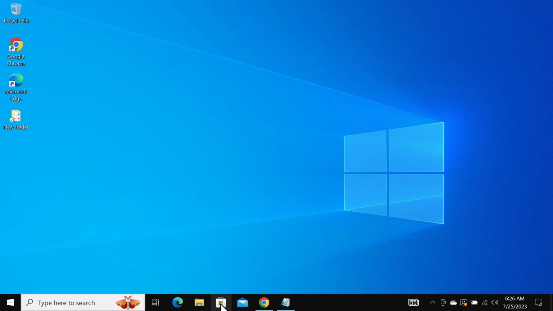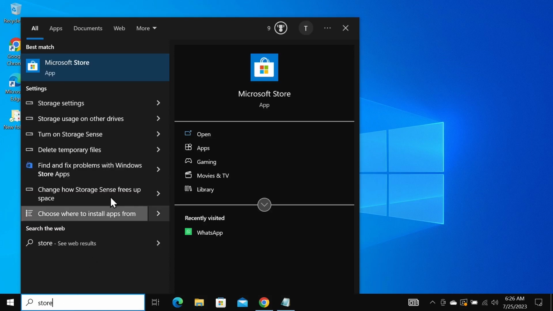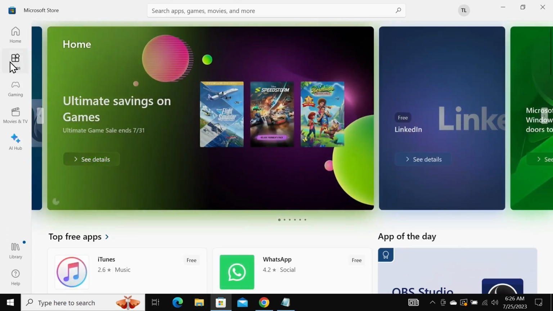So if you see this icon, which is the Microsoft Store icon, you can just click on it and the Microsoft Store will open up, or you can just go to the search box and then type in Store. You'll see Microsoft Store at the top. Click on it and the store will open up. Now from the left, click on Apps,